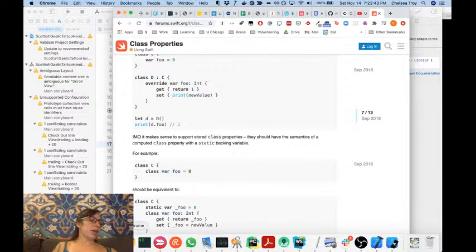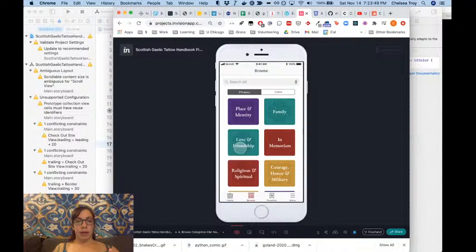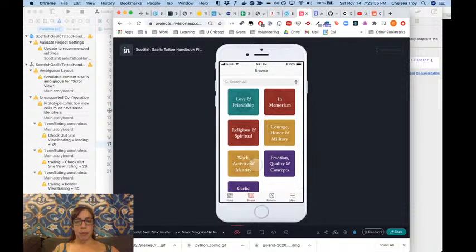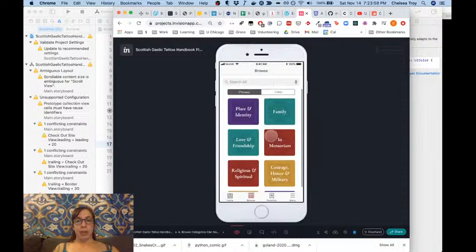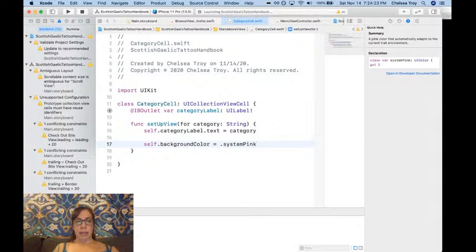Well, that builds. Let's look at our design and figure out how we want this to go. So it starts purple and then it goes teal, teal, maroon, maroon, gold, gold, purple, purple. So it looks like 1, 2, 3. So if it's 2 or 3, you want one. If it's 4 or 5, you want another. All right, we'll have to figure out how to get that to work. In the meantime,